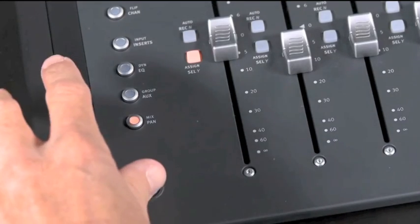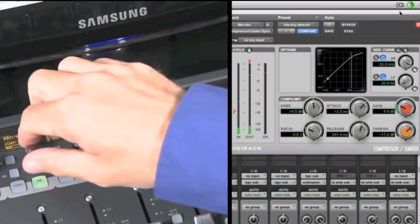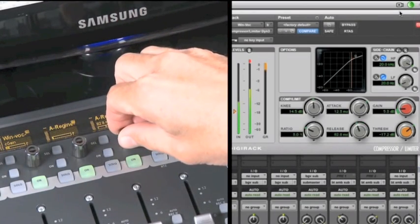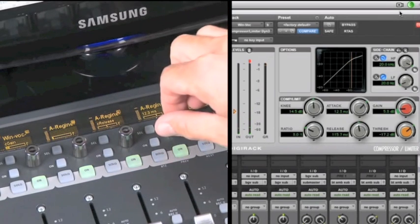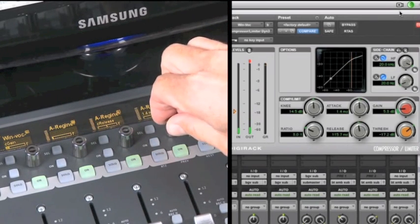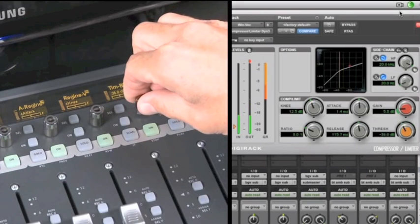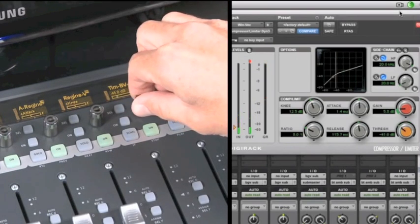Similarly, by selecting the Dynamics knob set, ratio, threshold, attack, release and other parameters are mapped to give you familiar access to these parameters with whichever preferred Dynamics plugin you're recalling. While the rotary encoders give you precise control of various parameters, sometimes you might want to have the detailed control